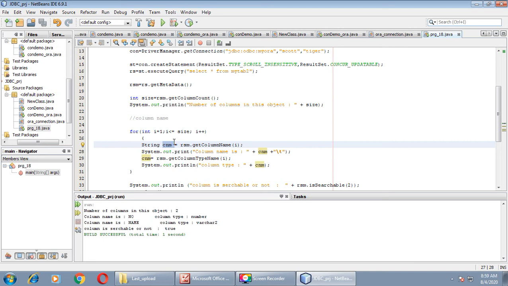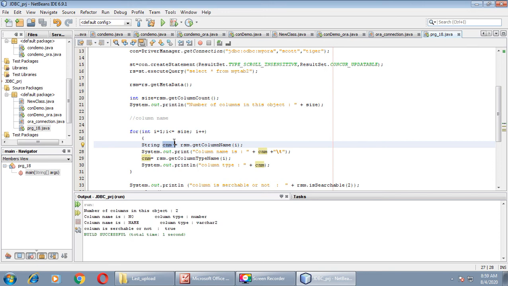In cnm we will get a string as the result, and that string will be the name of the column. The name of which column will be returned? The column whose index number we pass. Through the next line we will print the name of that particular column with the help of that string type variable. Here we have used cnm.